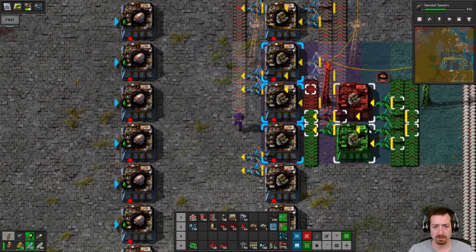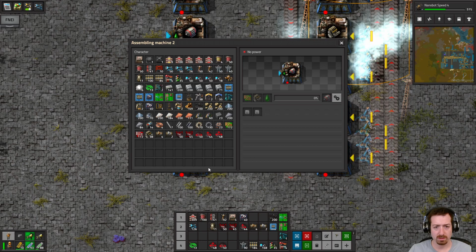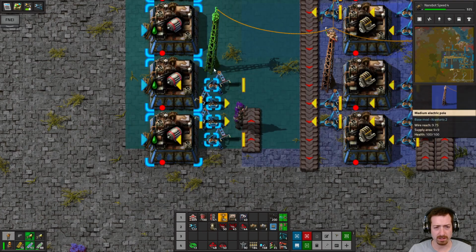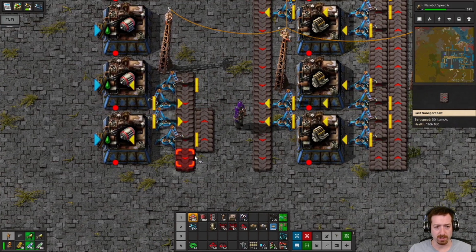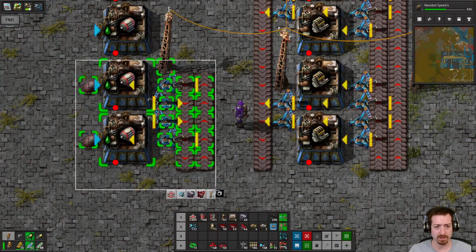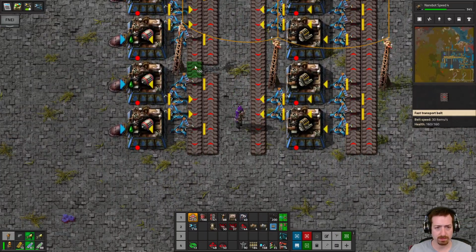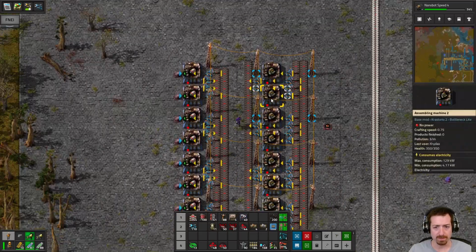Copy that. And then these guys only need 2 inputs of the solid variety, so we can just do something like that. And then they'll go out. That's in. We need some pipe connections. Oh, shoot. Okay, and then